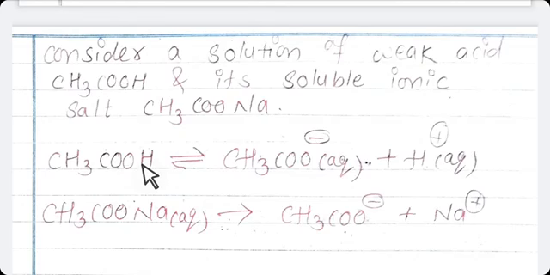Thus the reverse reaction is favored, in which acetate combines with H plus ion to form unionized acetic acid. What we have done here: sodium acetate is a strong electrolyte and it dissociates completely. It produces a high concentration of acetate ion. When this acetate ion is